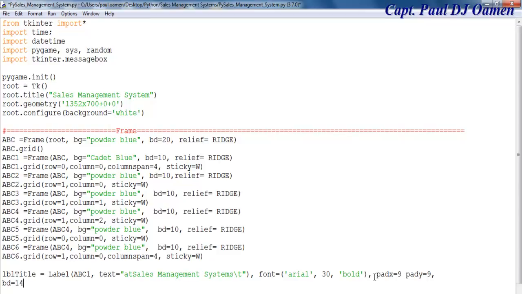BD equals 14, comma, that's for the border. Then let's say BG, we make that shaded blue as well. Okay, let's copy that, make it shaded blue, that's fine. And FG, that's going to be for the font. In this case I'm going to make the font concept, and let's justify it. Let's make that center, justify center,